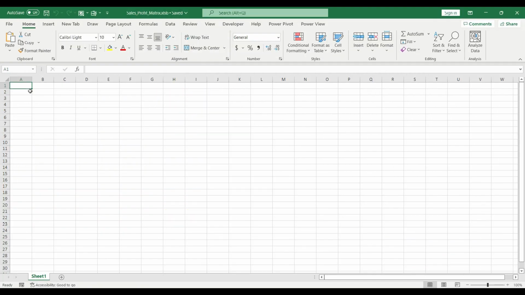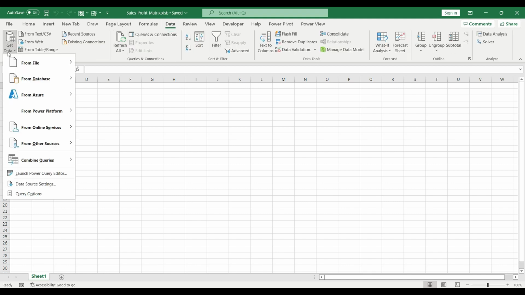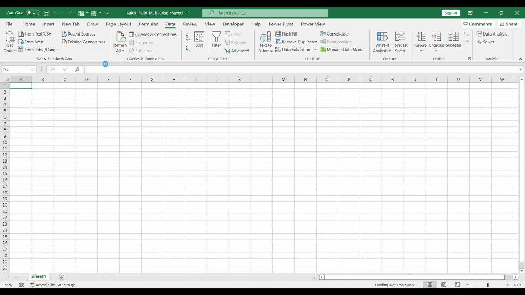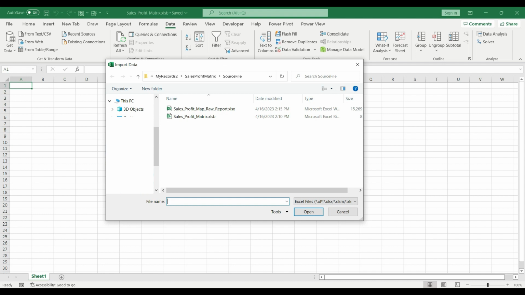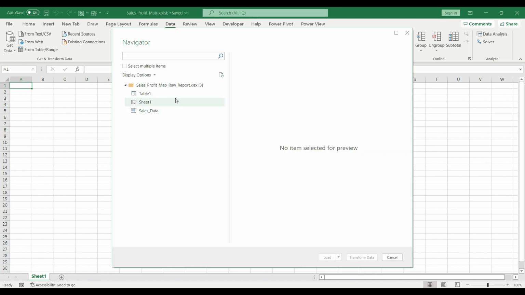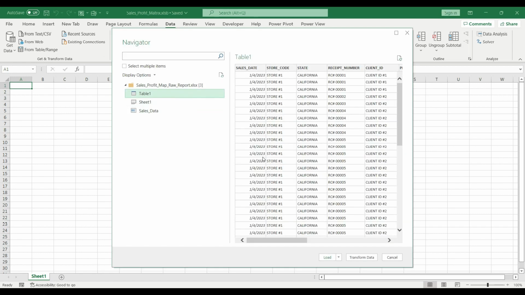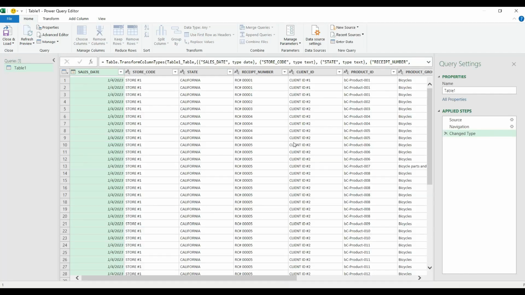Okay, let's build the sales profit matrix with Power Query. I'm going to start as always with the Data tab. I go to the ribbon, select Data, Get Data, From File. Our source is an Excel file, so I'm going to select the Microsoft Excel workbook. Then I'm going to navigate to the folder where I have my raw data. I select the file and hit Import. From the Navigator pane, obviously I need the table I have prepared. I hit Transform Data and Excel will open up my query editor.